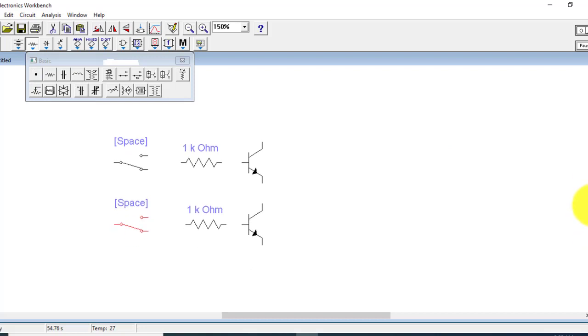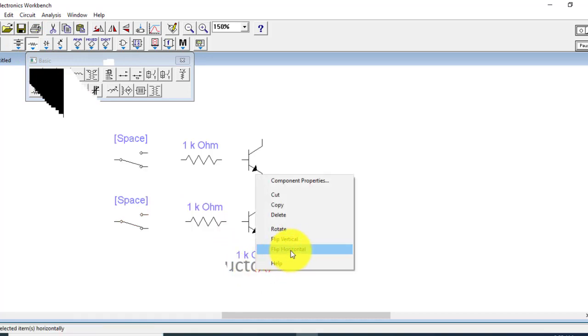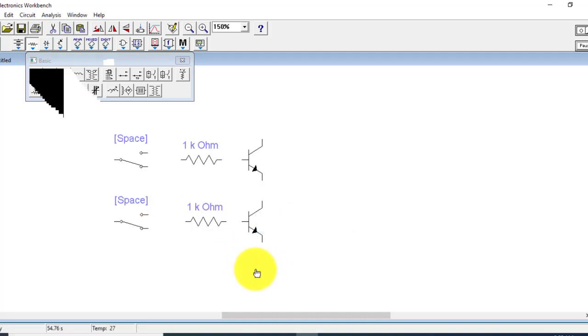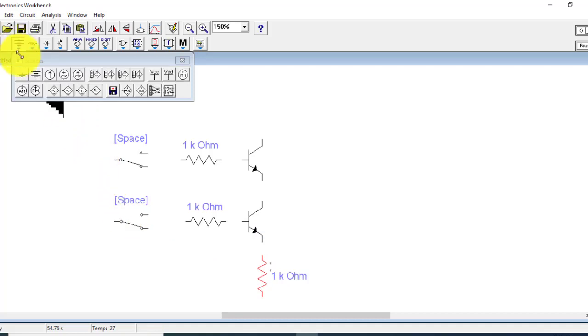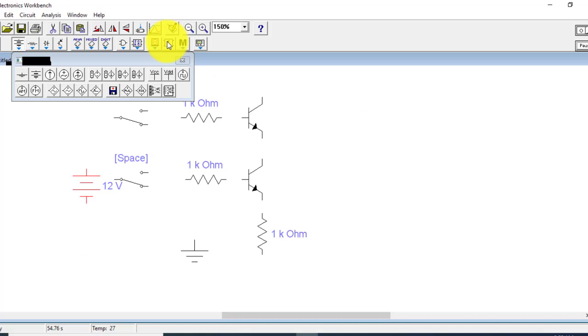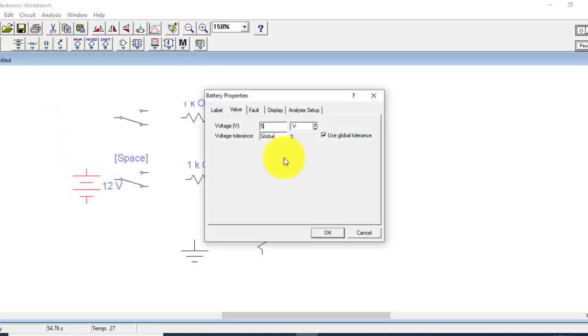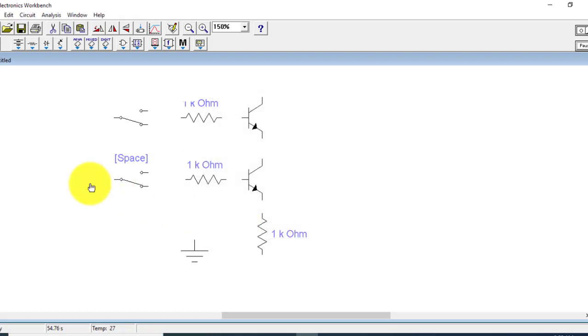Okay, we need a resistance to connect with the emitter terminal. Okay, we have to connect it here. Then we need a ground, and we also need a battery.